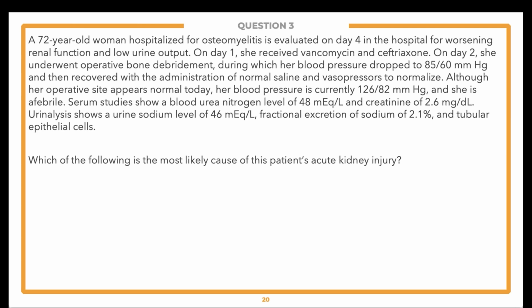Again, which of the following is the most likely cause of this patient's acute kidney injury? Start to formulate possible answers in your head now, before you see those answer choices, as I pass it over to Abraham. Thank you, Jeff. Well, we have